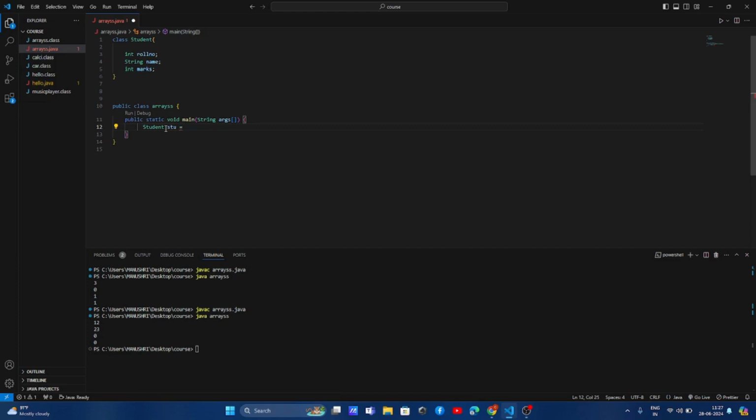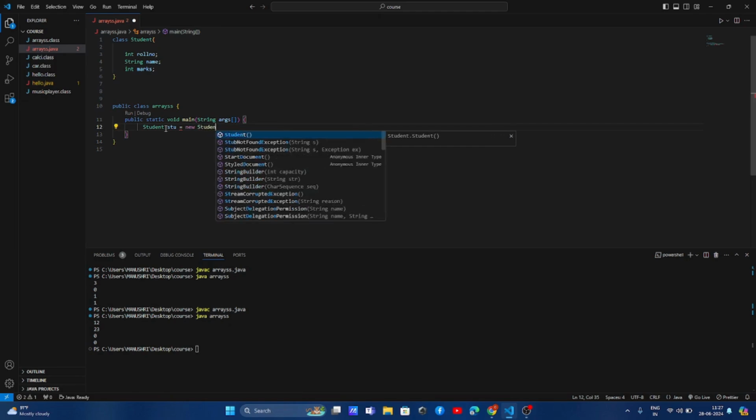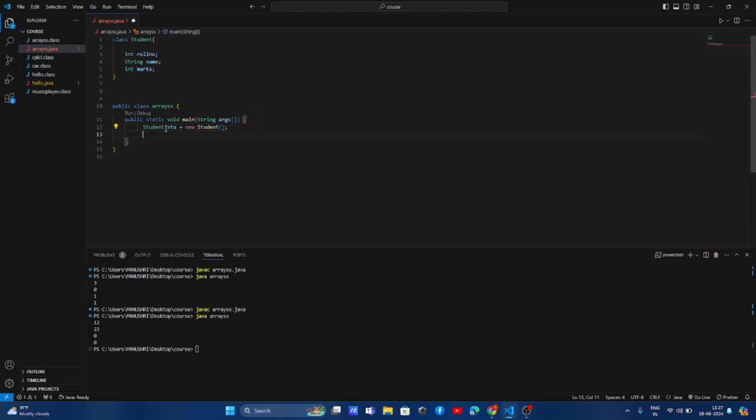The object name followed by the new keyword, and then so that's how the object for this class is created. Now how would we give values for these instance variables? So we would call this with the object